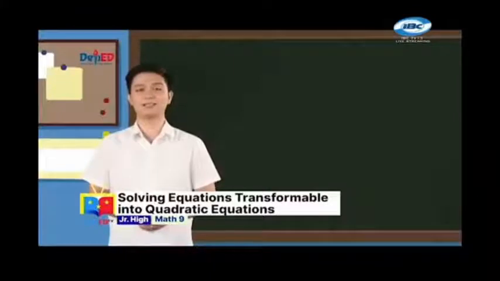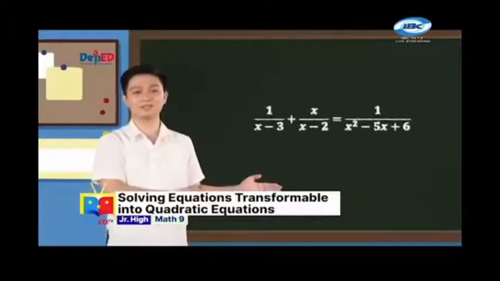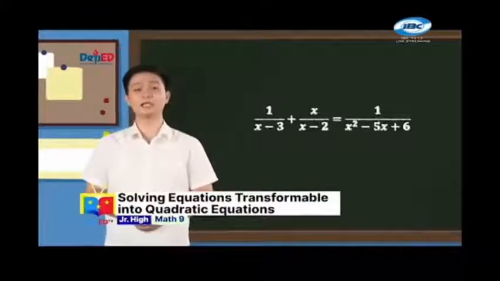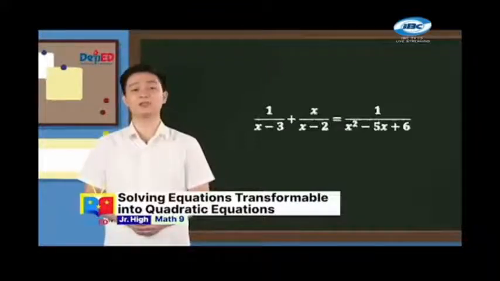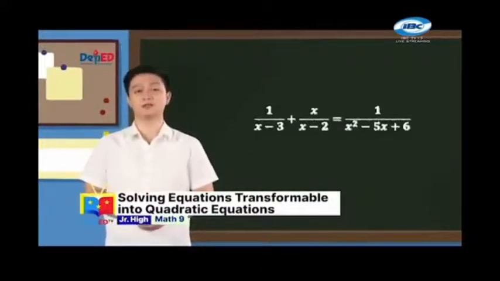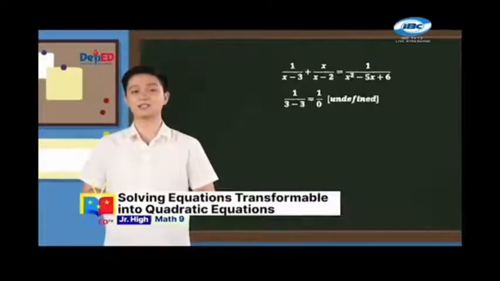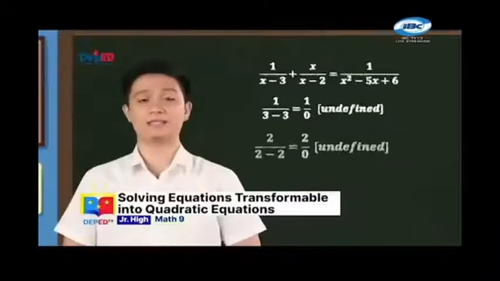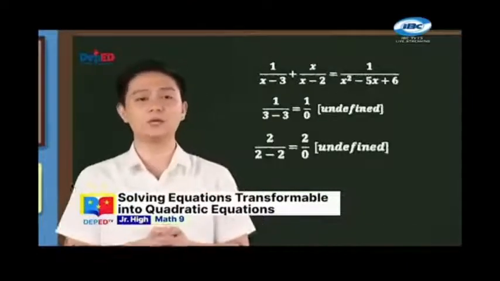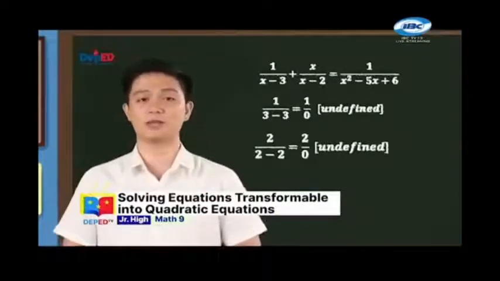One last example. Let's solve this equation. X should not be equal to 3, nor should it be equal to 2. 3 and 2 are called the excluded values of x. This is because x minus 3 will be equal to 0 when x is 3, and hence 1 over x minus 3 will be undefined. X minus 2 will be equal to 0 when x is 2, and thus 1 over x minus 2 will